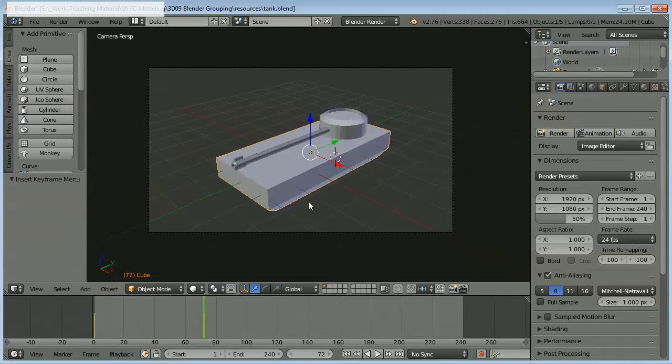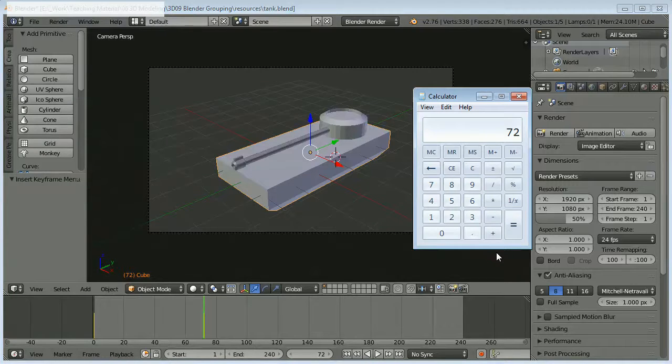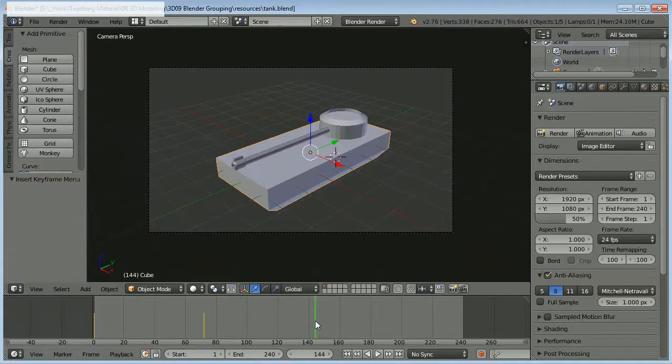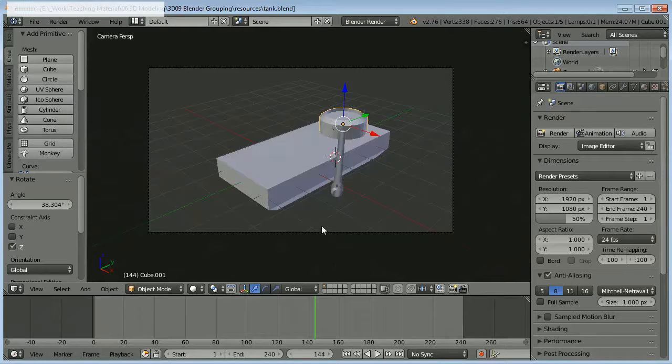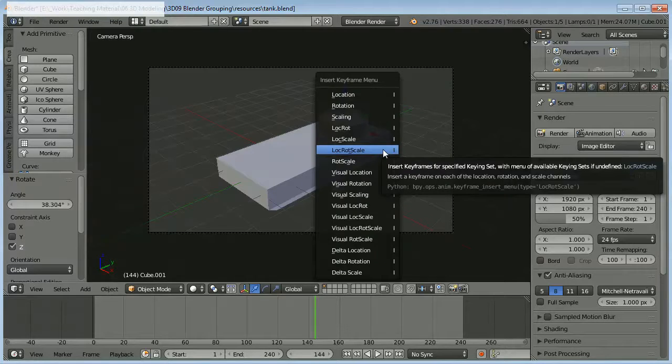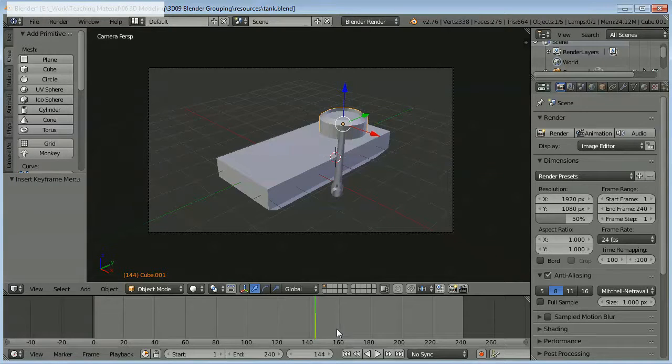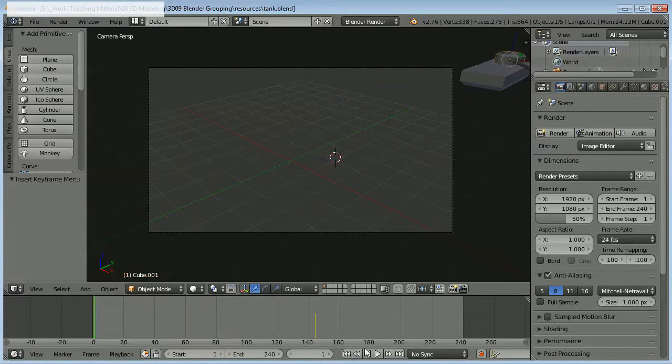Let's say I want to do another 3 seconds, so on second number 6 I'll just double that then. So on frame 144 I'm going to grab the turret and rotate it on the z-axis only round to, oh, it's very fiddly, round to there. And I'm going to insert a keyframe and lock rot scale again, and then let's go back to the beginning, and we see a problem. If I play it now,